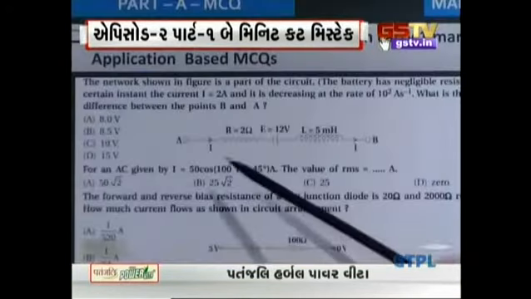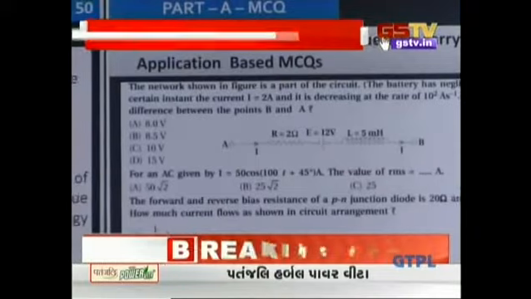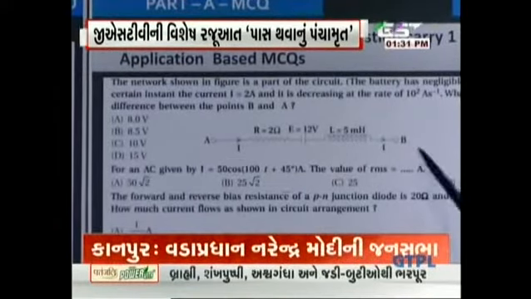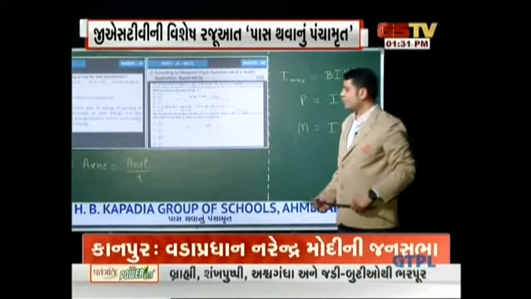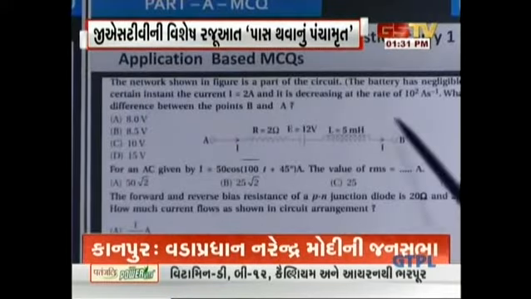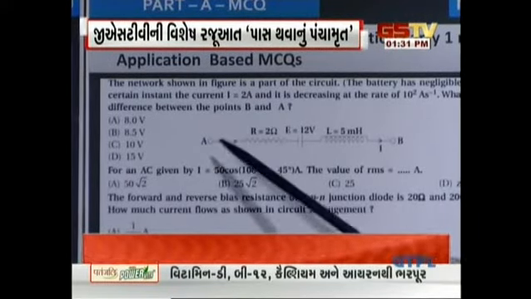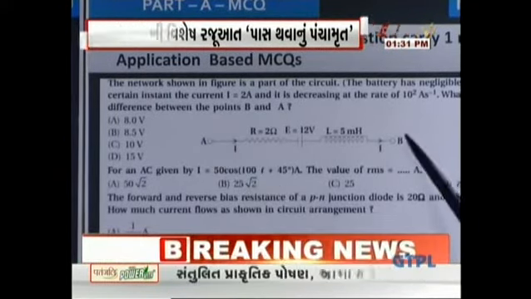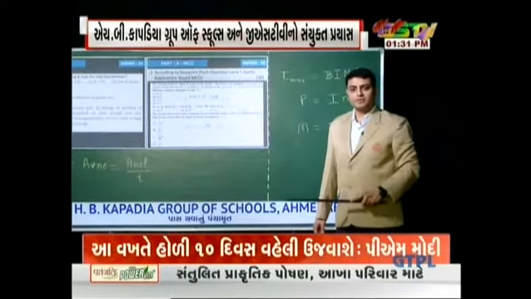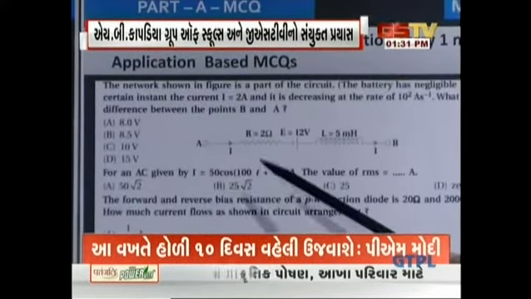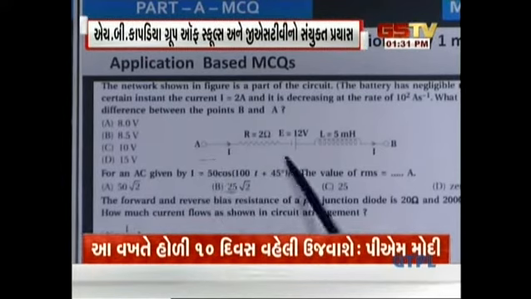Okay. So the first question is: the network shown in the figure is a part of a circuit. This is a part of a circuit which is given to us, and we want to find out the potential difference between point A and point B. Once again, we want to find out the potential difference between point A and point B. Applying Kirchhoff's second rule, if we start from point A, going along the direction of current,